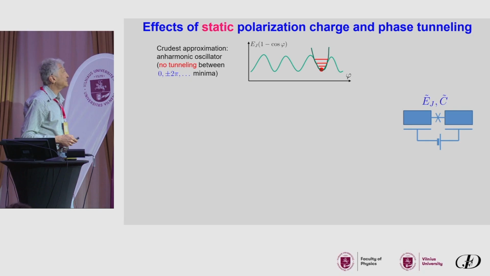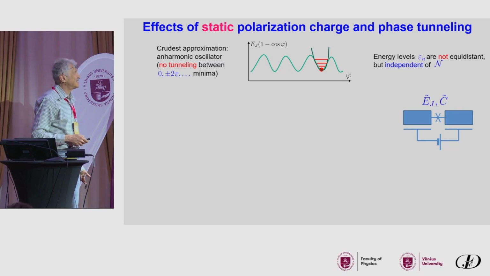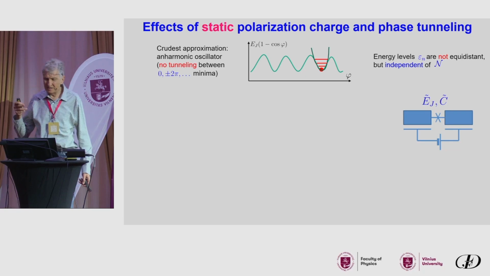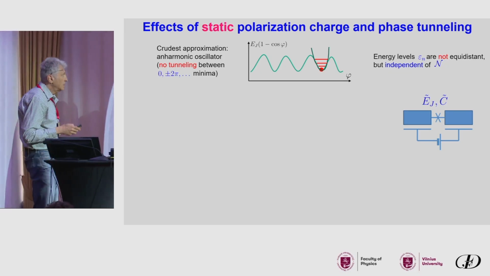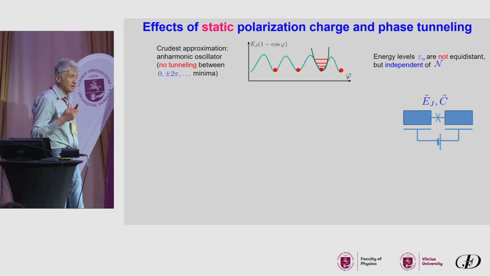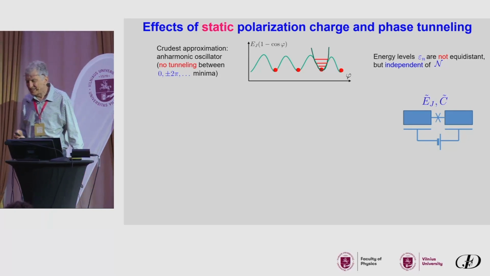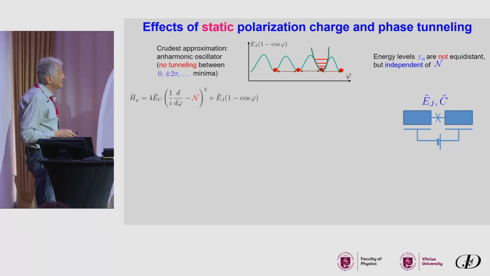In this case, there is no tunneling between the minima, and therefore the energy levels are still not equidistant because it's an anharmonic oscillator, but the levels are independent of the displacement charge. And that's the limit that people like in industry. That allows the qubit to be stable. But if we have a non-perfect qubit that allows tunneling of phase, then the amplitude of